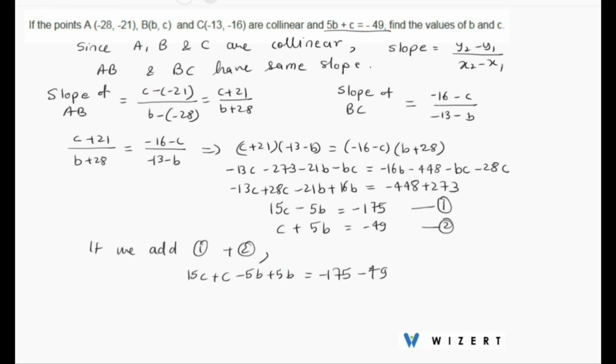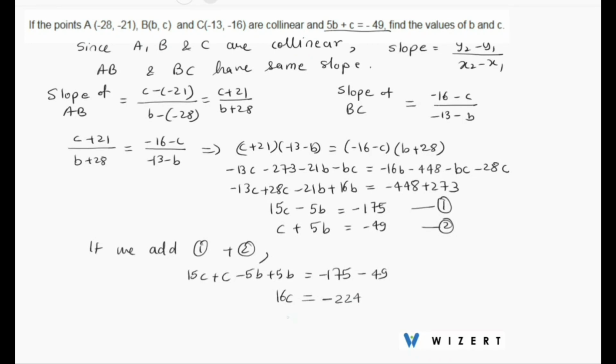So minus 5b plus 5b cancel out, and what we have, 15c plus c is 16c, should be equal to minus 175 minus 49. So 9 plus 5 is 14, 7 plus 5 is 12, 1 plus 1 is 2,